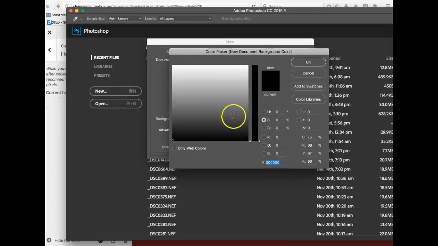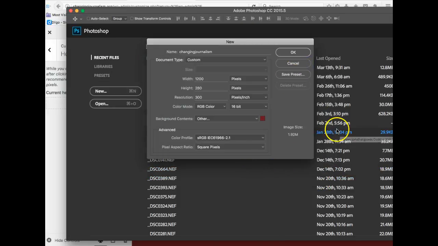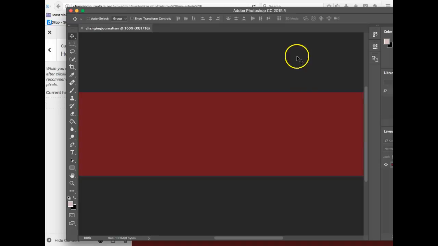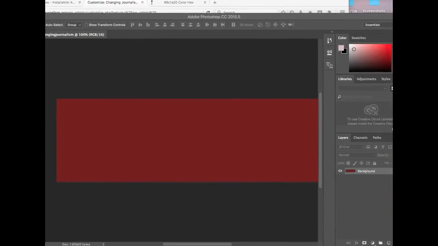And you can click on your background color, and you can type in the color that you got from ColorHex, which will give you that same color. Okay, and note I did it here. So I hit OK. Now I have my background color, and I hit OK. And now I've got this image that I can play around with. Okay, so there it is. And notice I've got, as I expand this out, oops, I've got my background